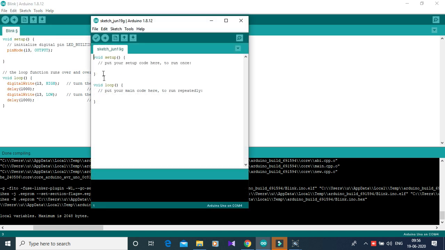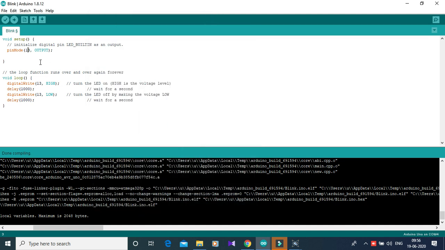The sketch will come like this. In that you type in the void setup, you initiate your pin number. I am declaring the 13th pin as my output pin, so pinMode 13 comma OUTPUT, and in the while loop the particular pin number should go high and low for a particular time period. So I am giving 1000 delay for that high and low. You may increase the time delay, and as well you can decrease the time also.